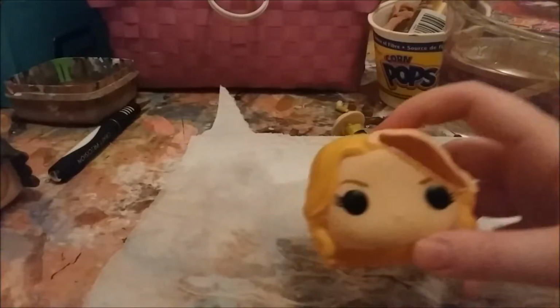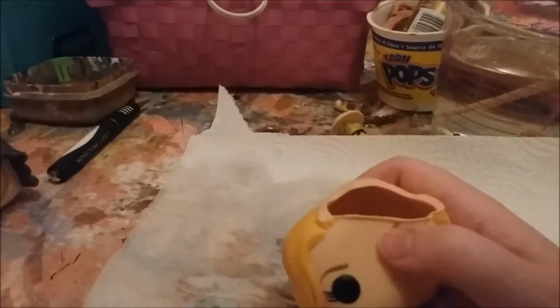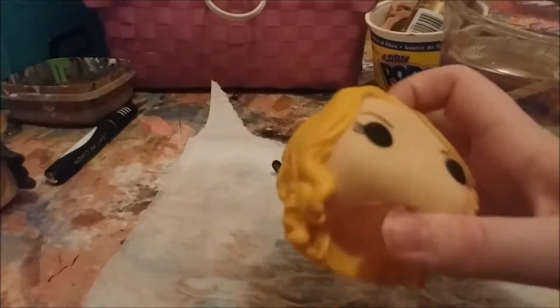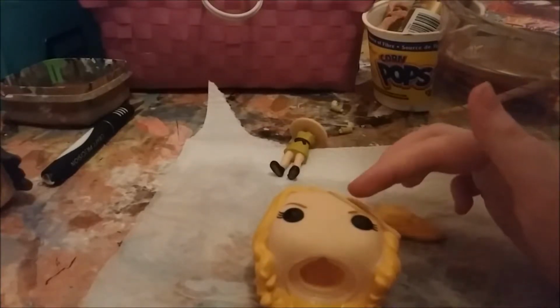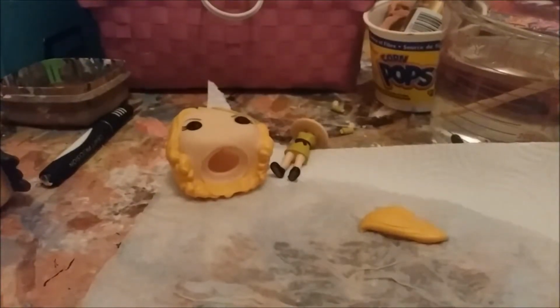So after I get the nail polish remover, I'm going to use it like I said before, because Jandice is wearing a white dress and, well, a yellow color, and we are going to use a lot of this dress part of the pop. And her hair is a bit dark for Kate McKinnon's hair color, so I'm going to get some nail polish remover. I am going to resculpt that hair part. I might resculpt some of the curls right here, and then the rest will be that headpiece. So I'm just going to finish one pop and then remove the...